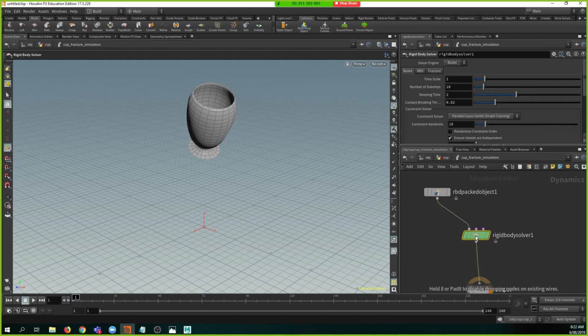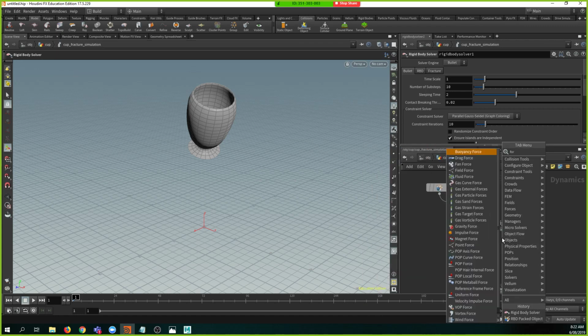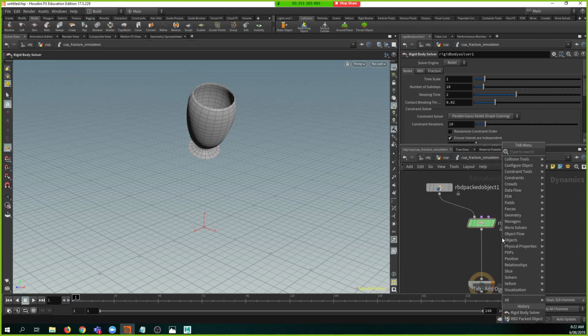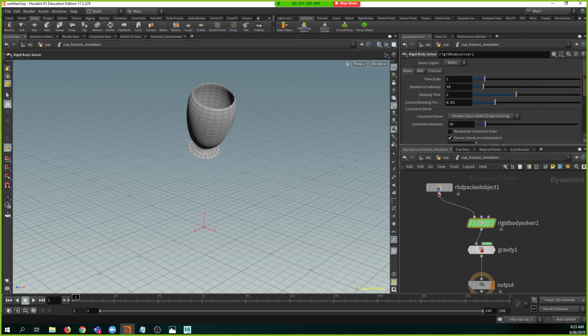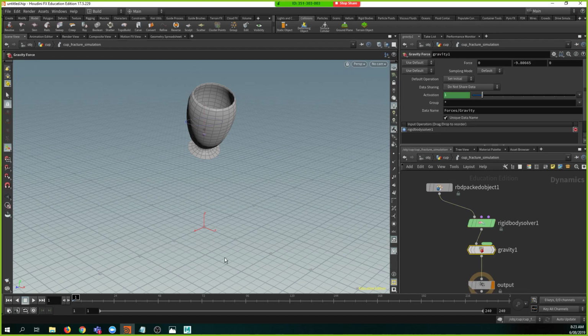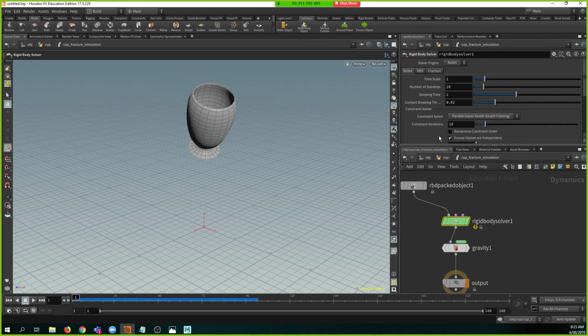I have my brain, a solver, but it doesn't do anything because there's no force here, and you need some force. So type like gravity or wind or whatever you want. So I added your object, a solver that calculates the simulation, and a gravity, and that's it. So your object has to fall, and the reason it doesn't fall is that